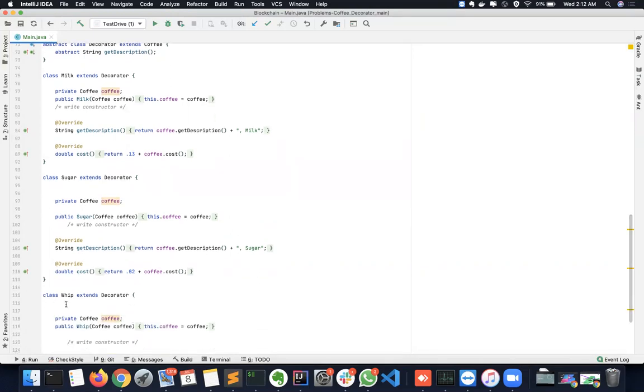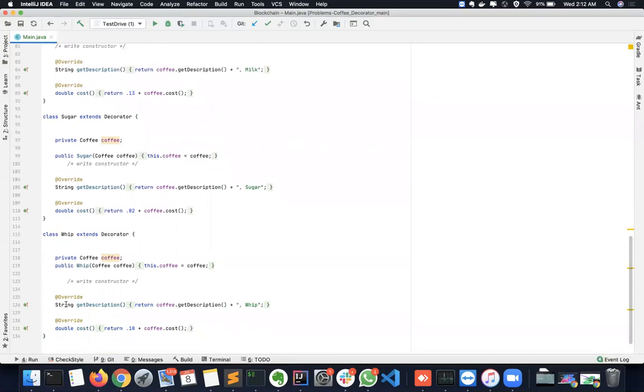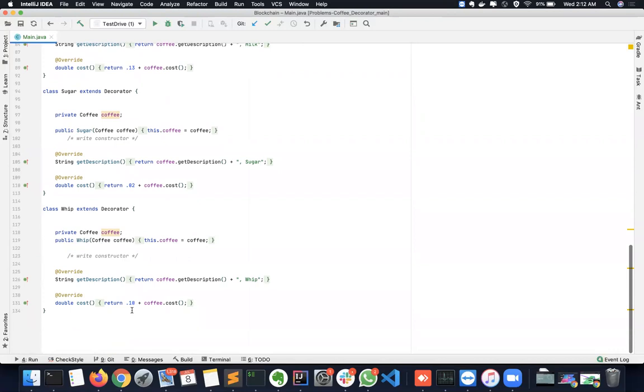Whip is kind of a foggy thing that is being added to coffee nowadays. I don't know that much, but whip is a kind of a decorator as well. So private coffee, it will also accept a coffee object. It will also add whip to it, a description and a cost to it.